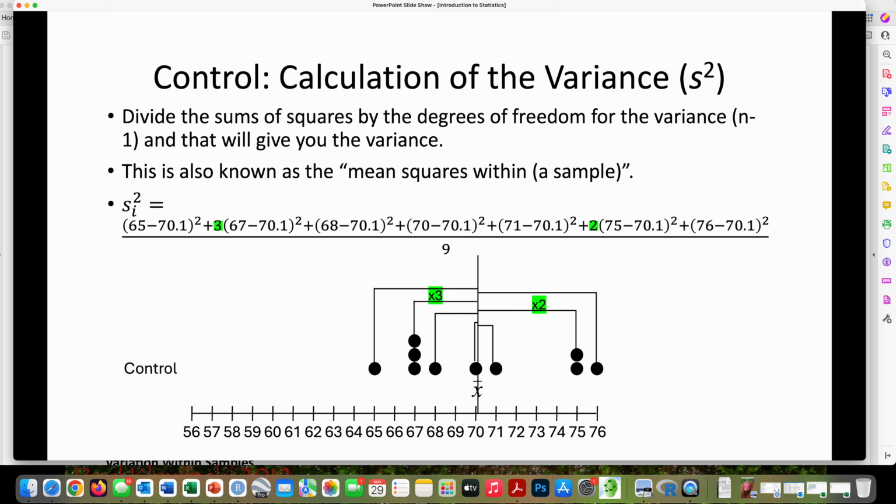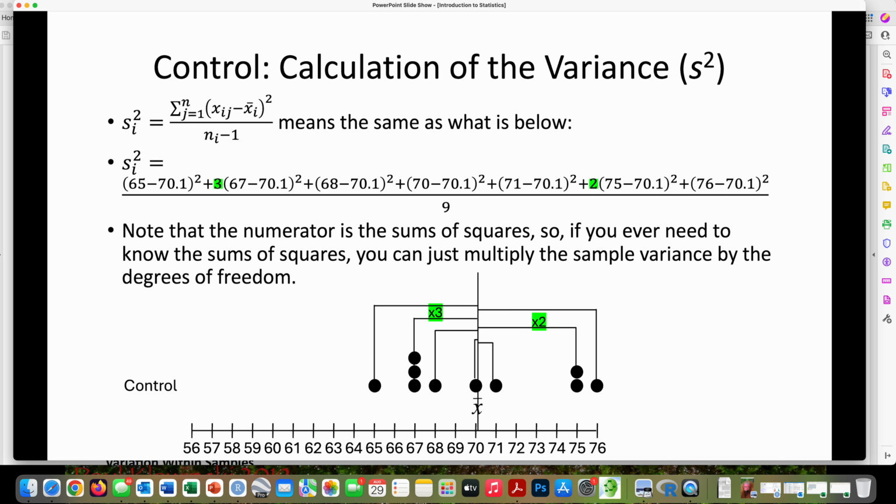So once again, you can go through this and they can calculate this themselves. You're going to do this calculation 3 times because there are 3 of these. You're going to do this calculation 2 times because there's 2 of those. And this will give you the sample variance, which equals 15.878. Once you have that,